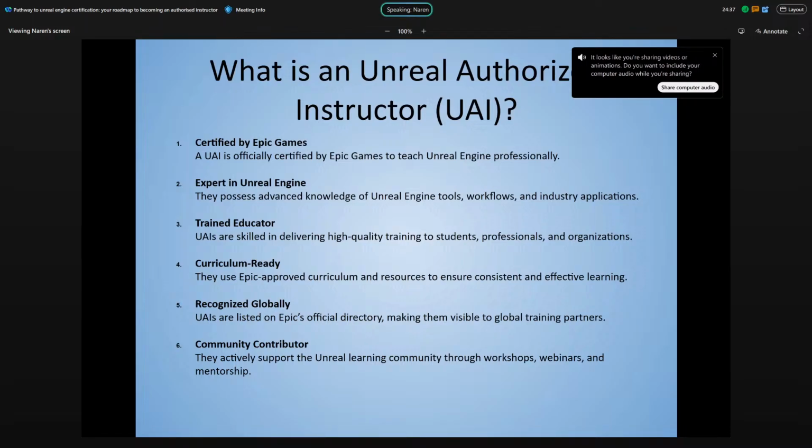Once you get the license in the form of a badge, you'll be set with other professionals in the education industry, and you can club with other training professionals, and you'll get access to different standardized materials, pedagogy, everything generated by Unreal Engine. You can create your own, or you can utilize what already exists on the Unreal Engine website.